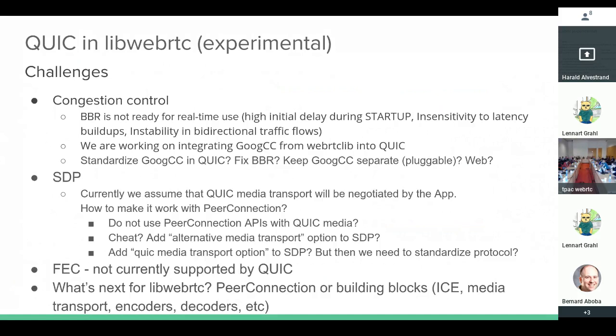Yeah, I mean, FEC was supported in Quick at one time, and it was ripped out. That's correct. So what were the lessons learned from that? Particularly if we're considering adapting FlexFEC. I think they did not